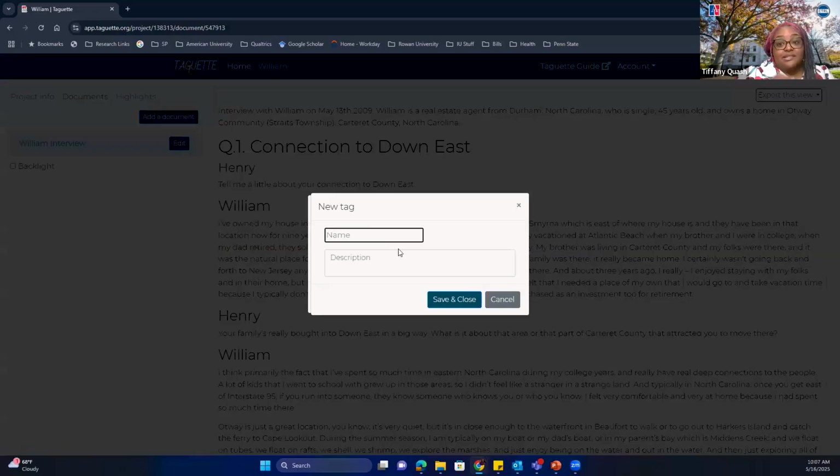And interesting is always the default for the record. We can remove it, but interesting is always the default tag. And so let's say I put in years of living in township. And for the description, and this is going to be kind of helpful when you get ready to export your code book.